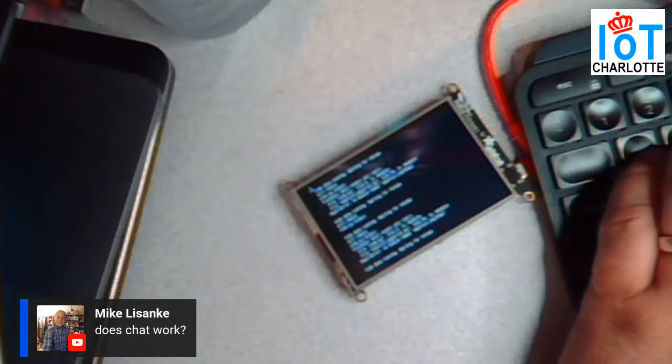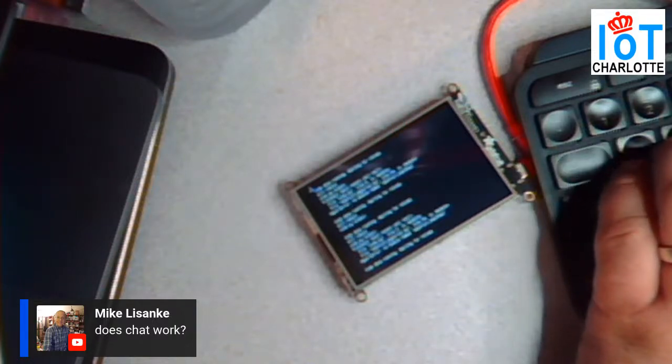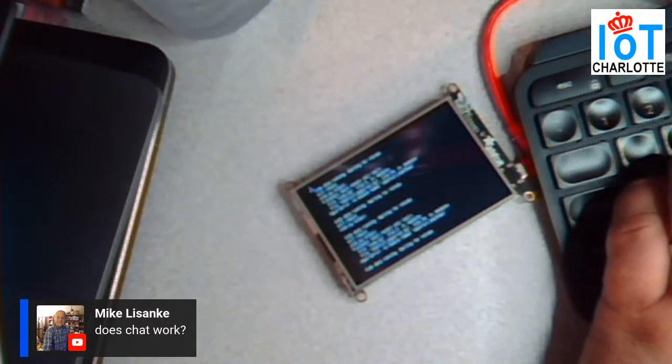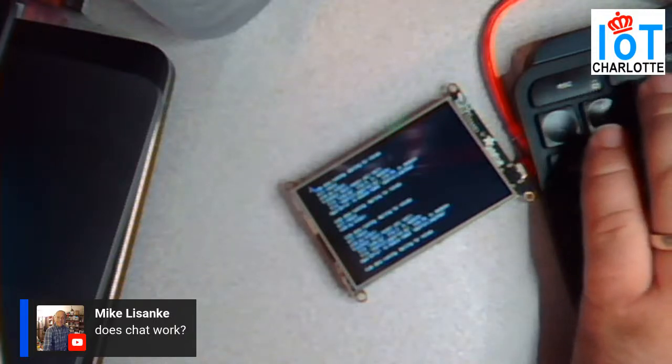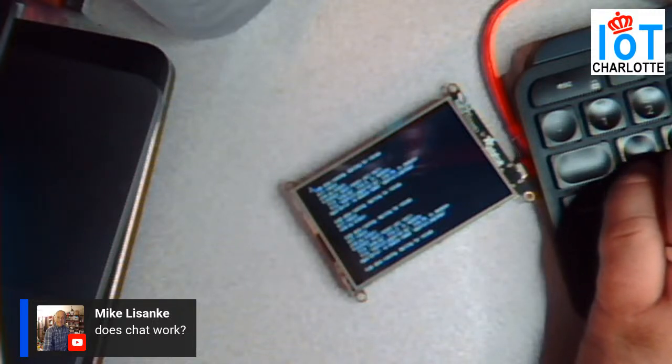Among some of the supported boards for them, they have a number of smaller boards, and let me grab a screen here and we can take a look at them.